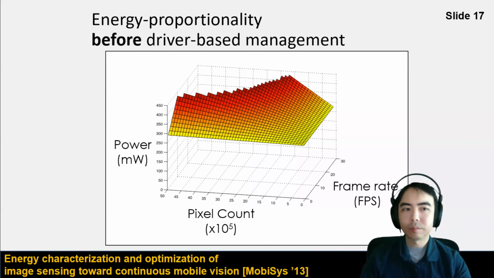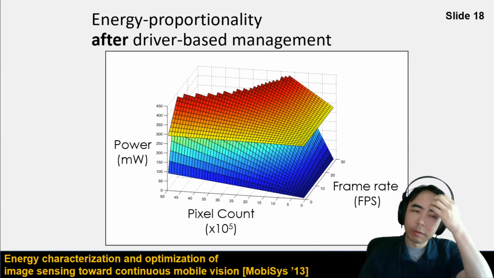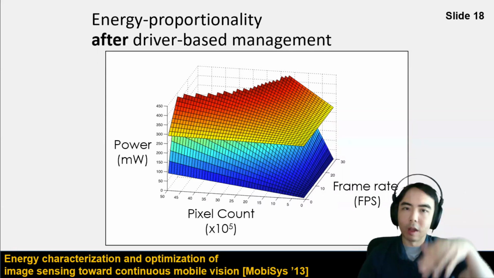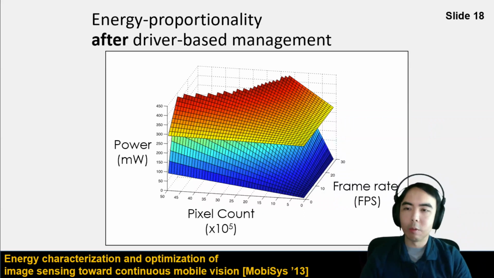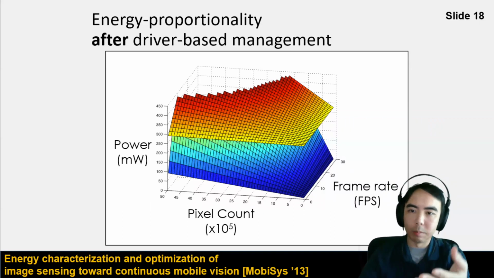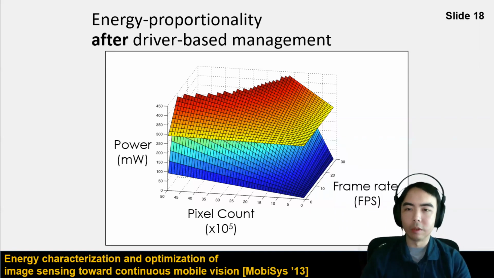But after we apply our techniques, you'll see it takes a different curve. We didn't remove that other curve at top, but the curve we're talking about now is the one underneath, where you're seeing the greens and the teals and the blues as we're able to throw away that idle energy. We can now save all that energy and operate at much lower power consumption when you're dealing with low frame rates and pixel counts.